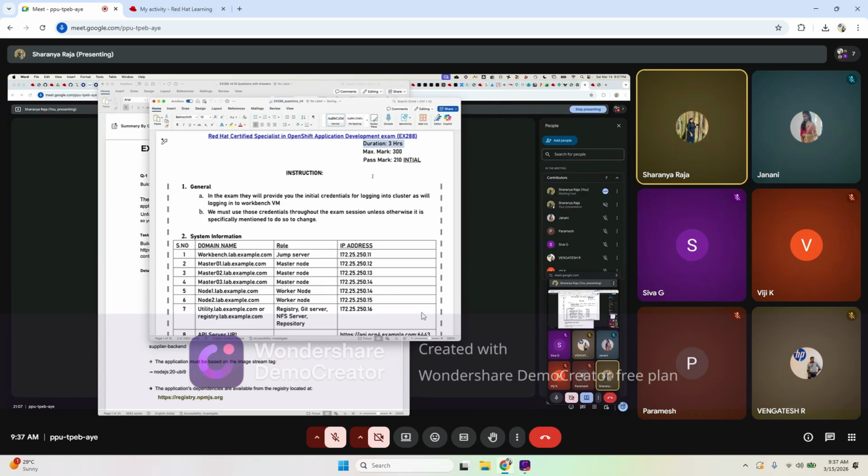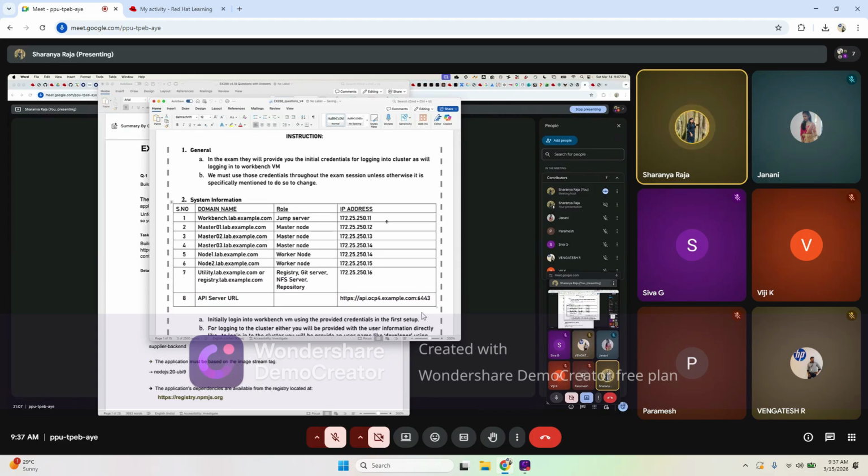So DO288 is a developer exam, right? So it is running in a single node cluster. That is, only one node has been created for the entire OpenShift, and this is running in a single node cluster. And once you enter the exam center, there will be a proctor. You have to just give the exam code and then the Red Hat login ID. So the proctor will be there for the first 15 minutes. So he will actually